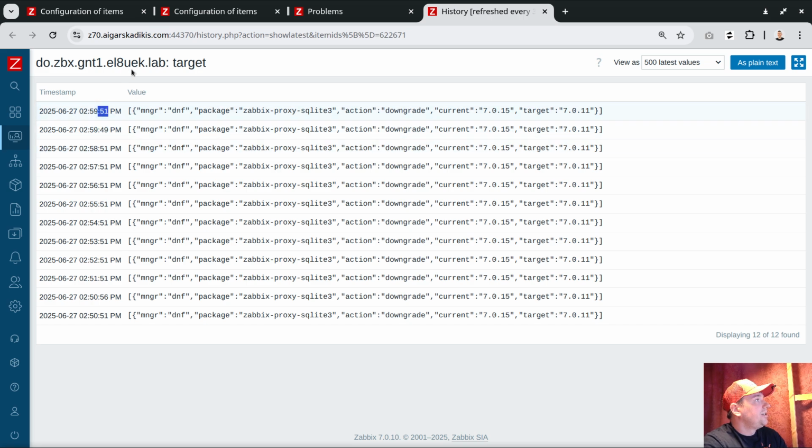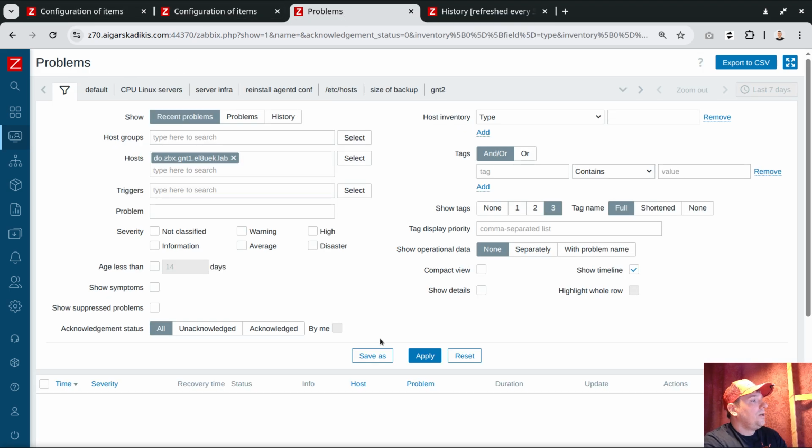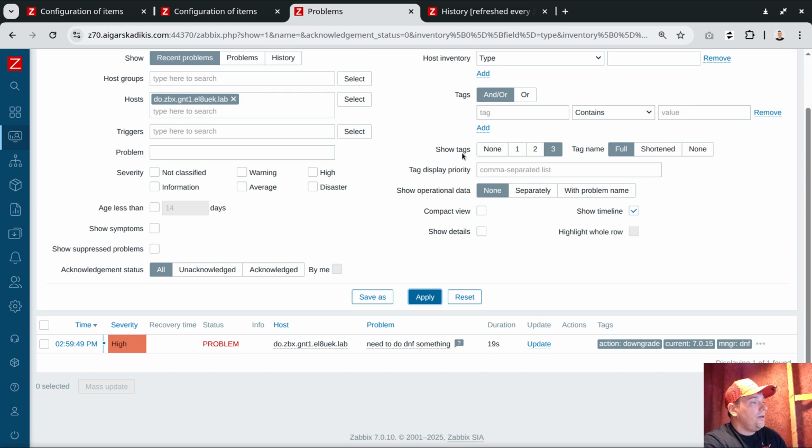Yeah, I have injected an accident value. This one is a new one. Problems, apply, and here you go. Need to do some DNF something. And what does the description hold? The description holds exactly like